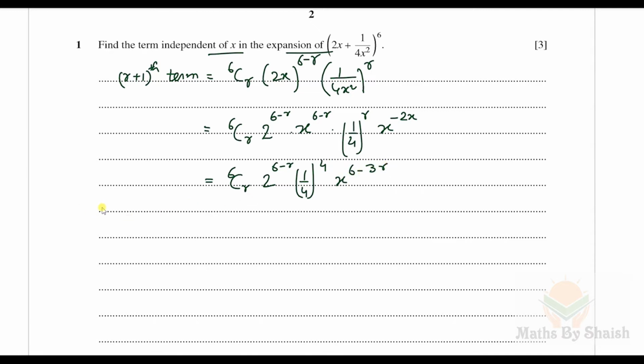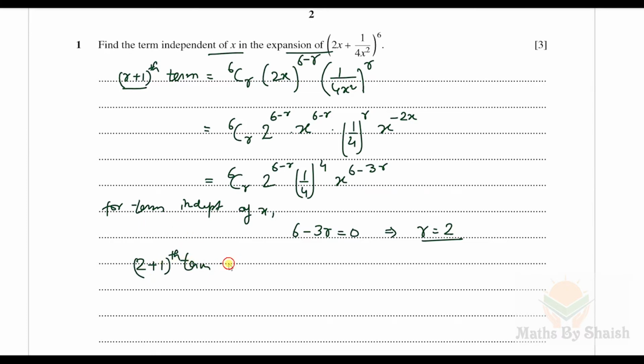So for the term independent of x, 6 minus 3r should be equal to 0, or we can solve and we'll get r is equal to 2, and hence r is equal to 2. Which term? This is going to be the third term, and we'll write that the 2 plus 1th term,